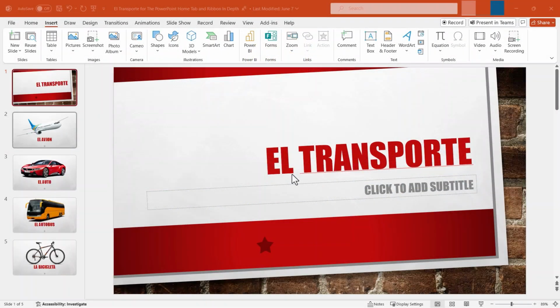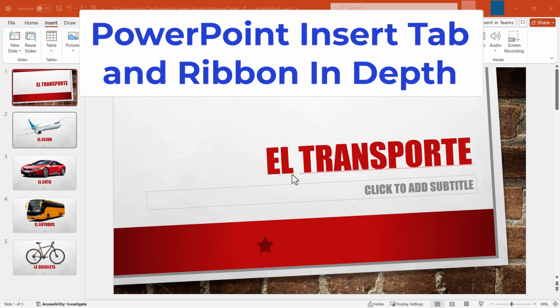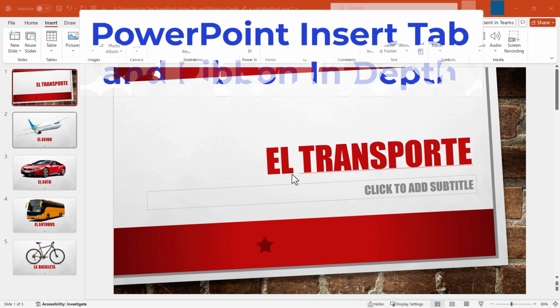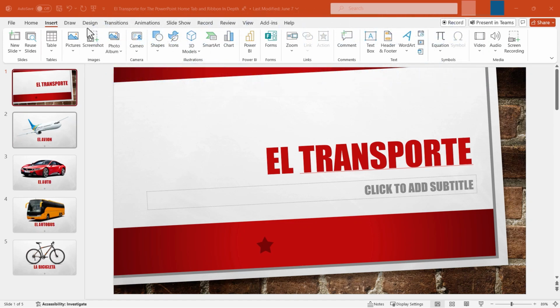In this video, I will teach you the PowerPoint Insert tab and ribbon in depth. Let's get started. So this is one in a series of videos in which we're looking at each of the tabs in Microsoft PowerPoint. Check out all of them. But in this one, we're going to start on the Insert tab at the far left, where we find some